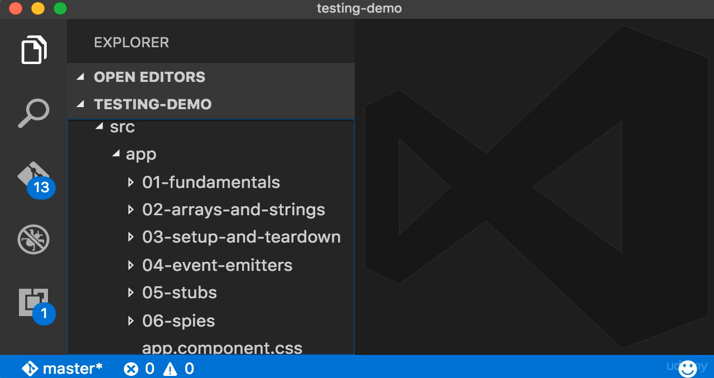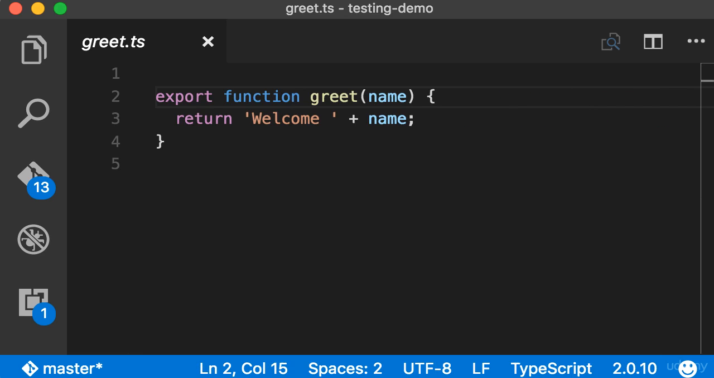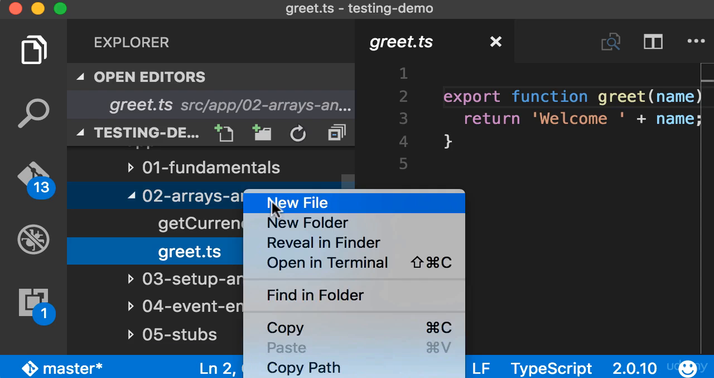All right, now let's see how we can test strings and arrays. So in the second folder, arrays and strings, let's take a look at this greet function. A very simple function: we give it a name and it returns welcome plus that name. So once again, I'm going to create a new file,